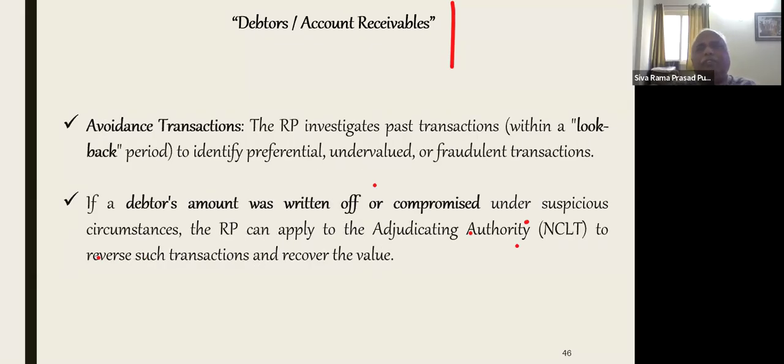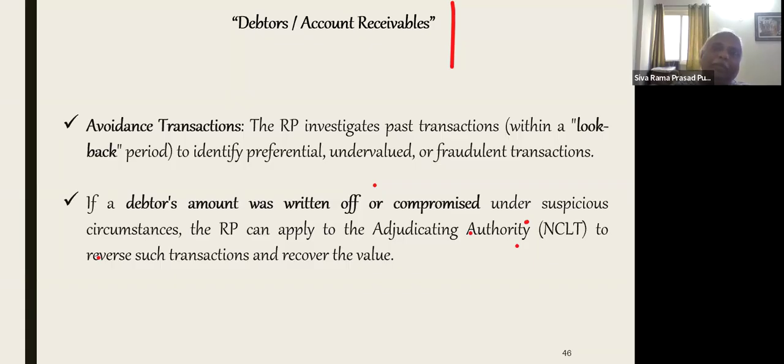Avoidance transactions. This is useful. He has not given credit. XYZ is swallowed and shown on the books as a debtor, so-and-so person, but the person is not available in the market. The address is not available; that is to be mentioned as a fraudulent transaction. So a lot of scope is there in the debtors and creditors for related parties. The look back period is 2 years.